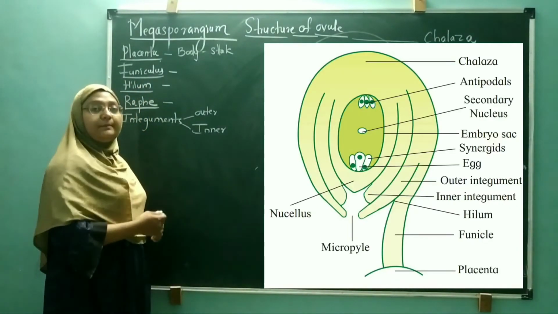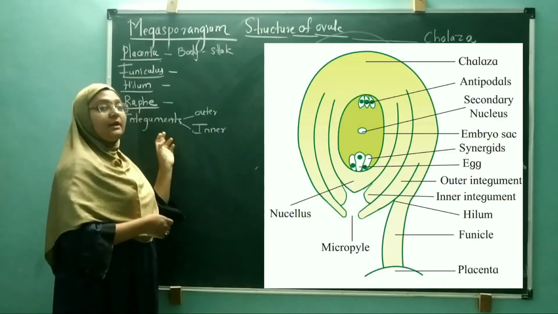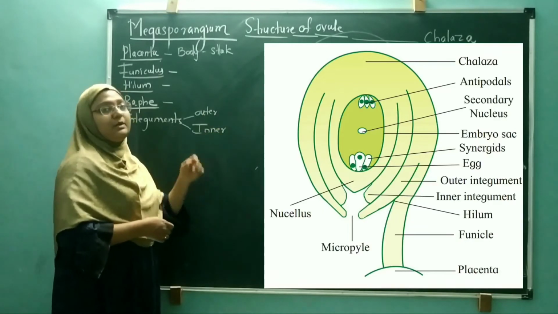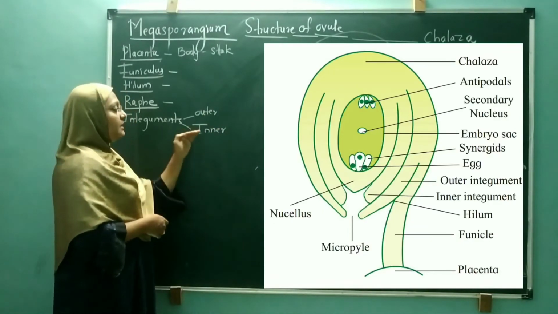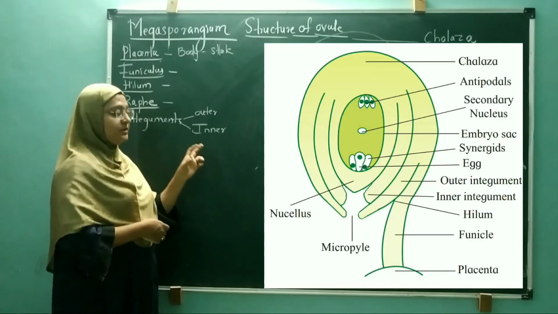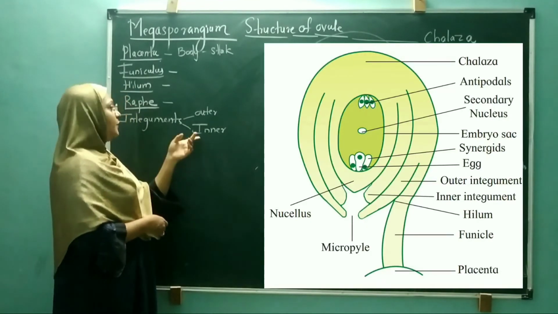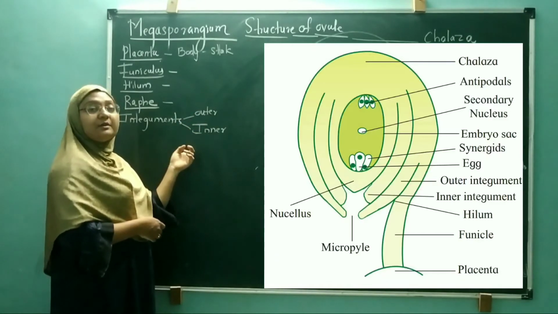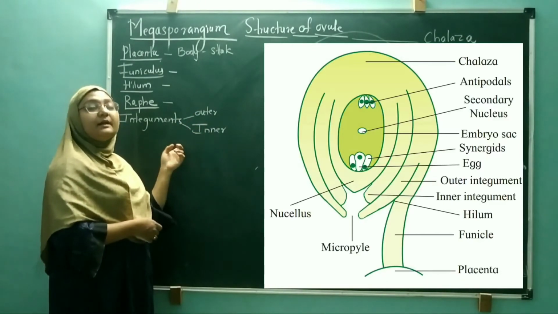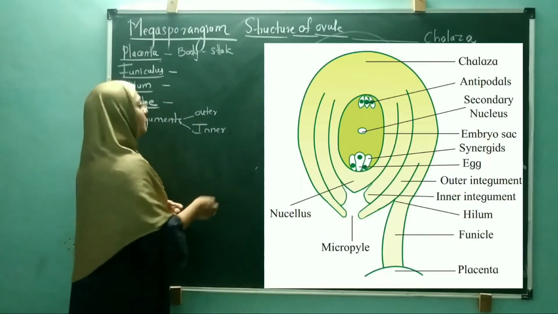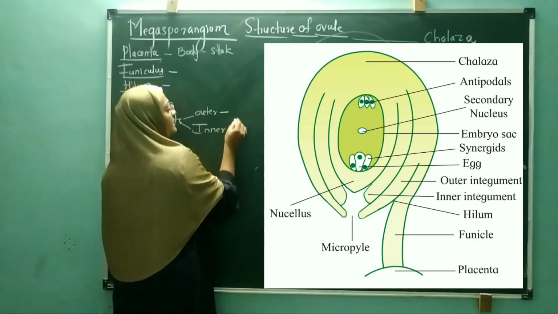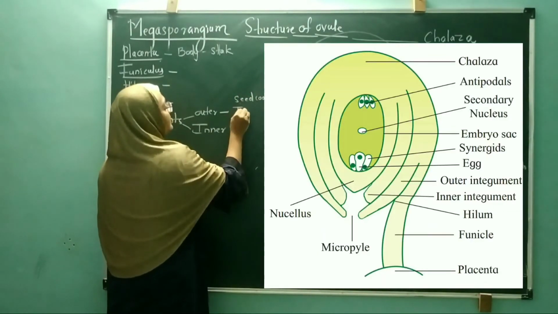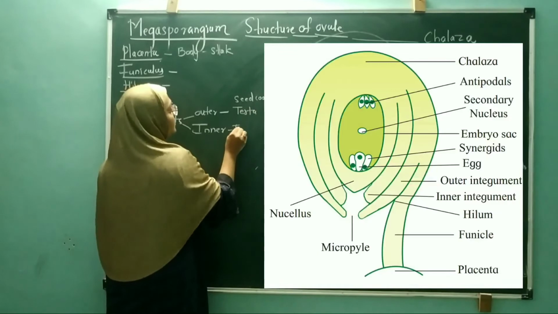Later the development, basically these integuments are protective in nature. It protects the embryo sac, and it has one opening which is called the micropyle. Before going to the micropyle, let us discuss what is outer and inner integument. After the development, these outer and inner integuments further develop into the seed coat. The outer seed coat is called the testa, and the inner seed coat is called the